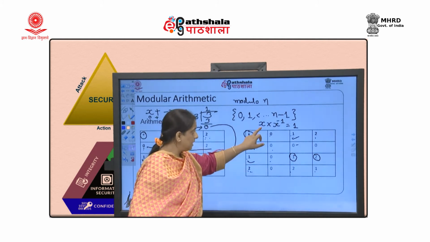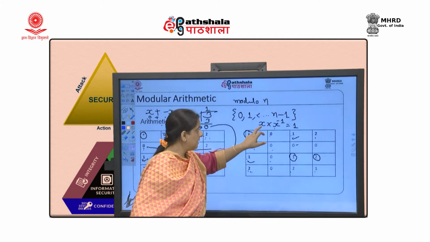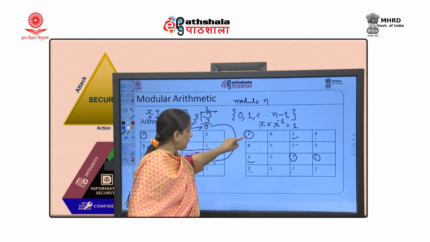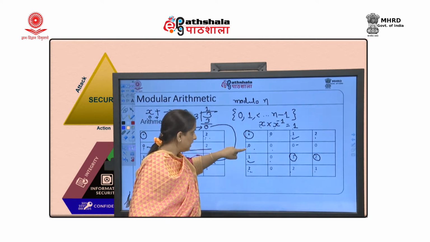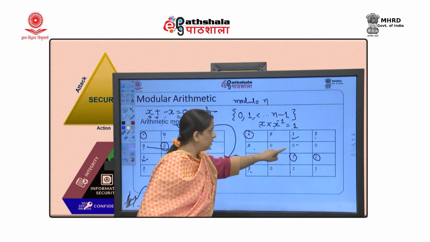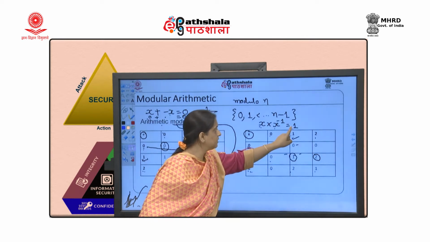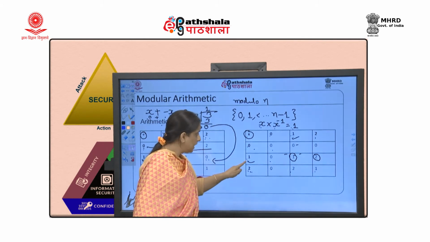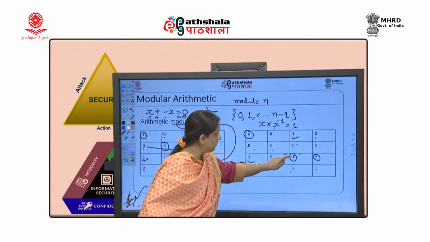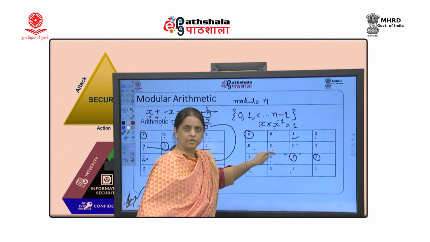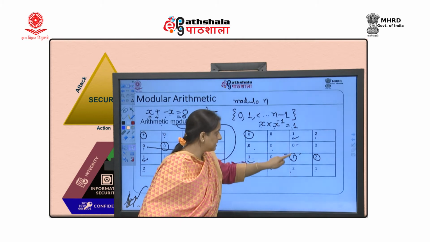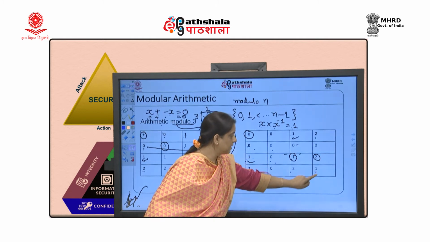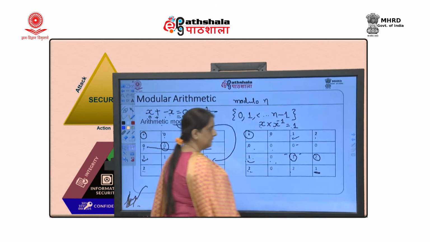So given a number, find out a number with which I multiply the given number that results in 1. Take an example of 0. For 0 we do not have any number that gives you 1, so 0 does not have a multiplicative inverse. For 1, if 1 is multiplied by 1, I can get 1, so for 1 the multiplicative inverse is 1. Now for 2, the multiplicative inverse is 2 because it results in 1.